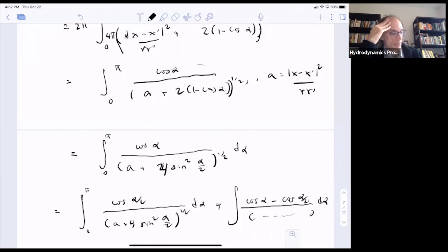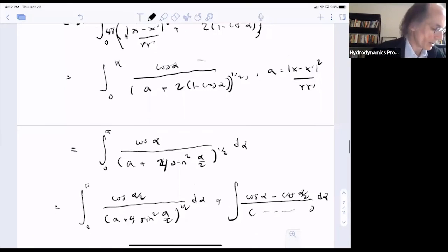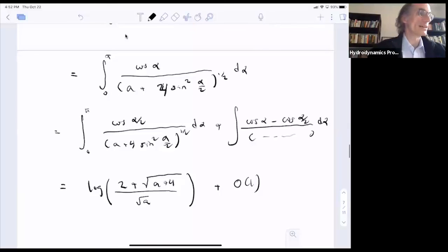And I look at this expression, and then I can see that both cosine alpha and cosine alpha over 2 are equal to 1 plus order alpha squared near alpha equal to 0. And so in the numerator, I have something of order alpha squared as alpha goes to 0. And the denominator, I have something like a plus alpha squared to the 1/2. And so I can see the whole integrand is bounded. Okay, good. And so that's that. And then continuing,